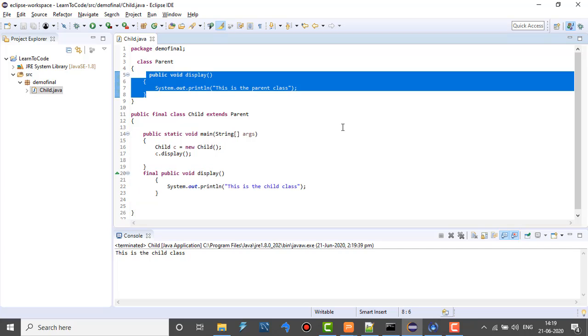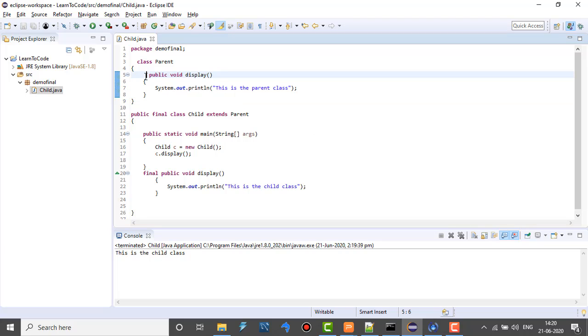Okay, which means that the final keyword works as defined only with the parent class, but it does not work as defined with the child class. If we are using the final keyword with the child class, then it does not have any effect. The final child can easily inherit a parent, can easily access its data members and member functions if they are not final.